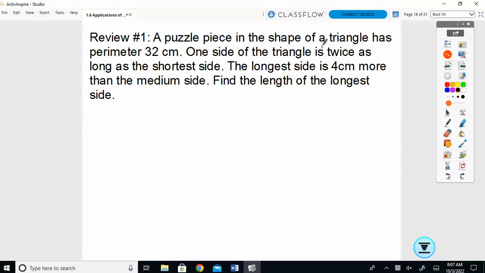A puzzle piece in the shape of a triangle. So what's a triangle? A three-sided thing. Three sides. Okay, so draw any three-sided